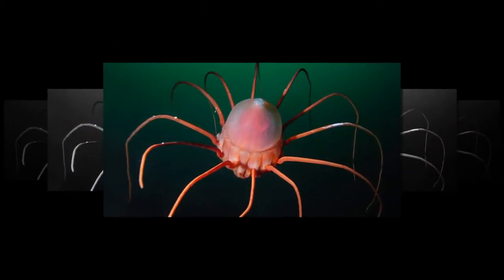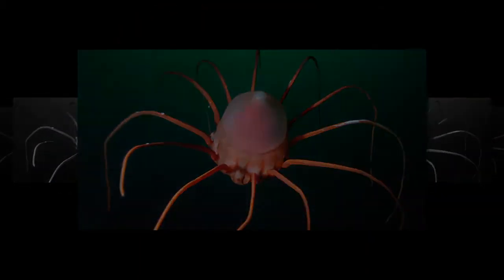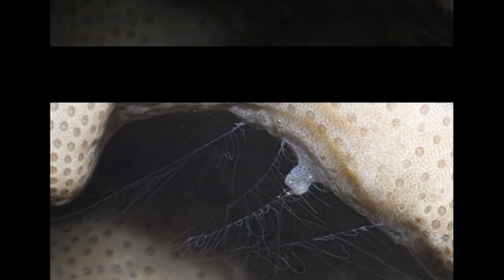Five otherworldly sea creatures you've never heard of. Number 5. Benthic ctenophores. You might already be familiar with the ctenophores as animals called comb jellies, transparent invertebrates who